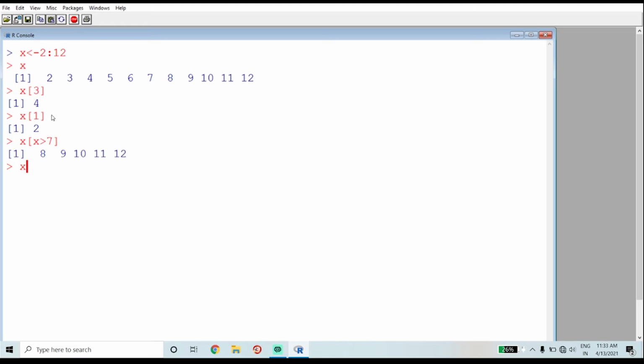So I make use of the command x square bracket x greater than 7 and x less than or equal to 11. So I obtain the elements which are greater than 7 but less than or equal to 11. Okay, these are the various methods to access or to extract a particular element from a data set.